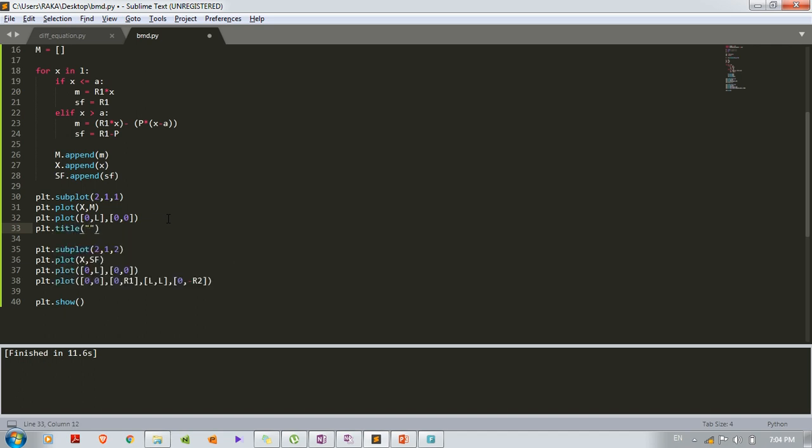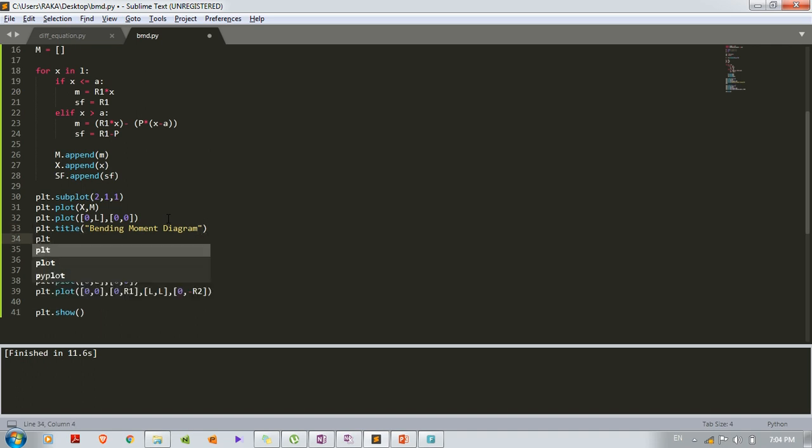I want to give the title as bending moment diagram, and now plt dot xlabel, I will give length in meter.